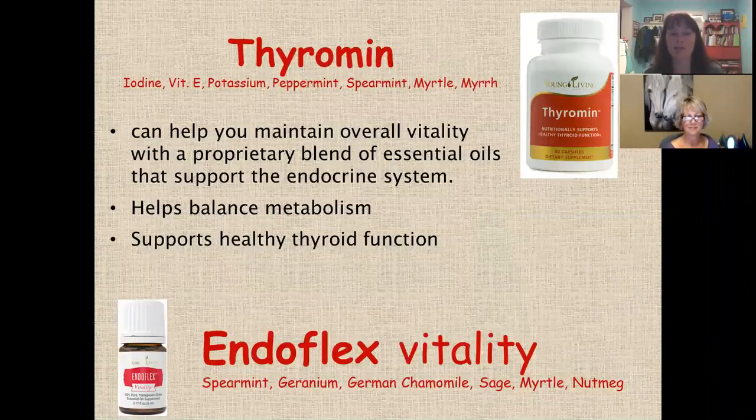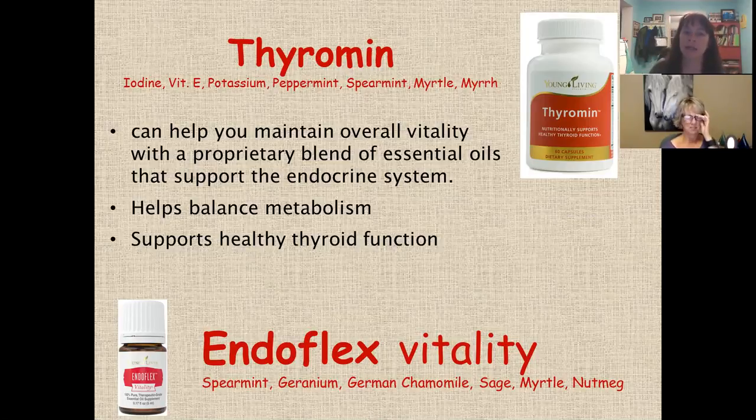Thyromin and Endoflex Vitality. I put both of these on the same slide because they're both great for our endocrine system. And I'm not going to go into great detail on them tonight because I'm sure Jackie is going to be covering these in her upcoming hormone and endocrine series. So Thyromin can help us maintain overall vitality and help support our endocrine system. And if you think about it, our endocrine system consists of our adrenals and our thyroid, our pituitary, our